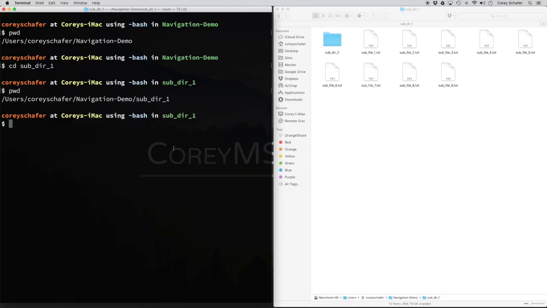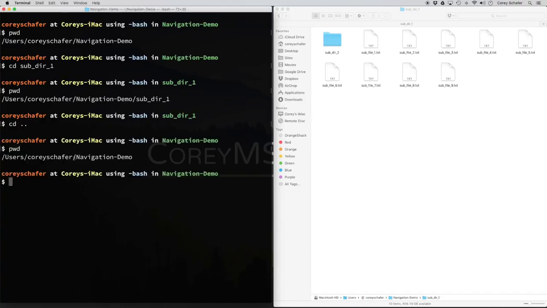So now let's say I wanted to navigate back to this navigation demo folder. Now I can't do a cd and then navigation demo because there's not a navigation demo from within this directory. What we do to do that is to use our parent directory. So we're going to navigate using cd .. and that's going to take us up one directory to our parent directory. So if I type that in, then type in pwd,